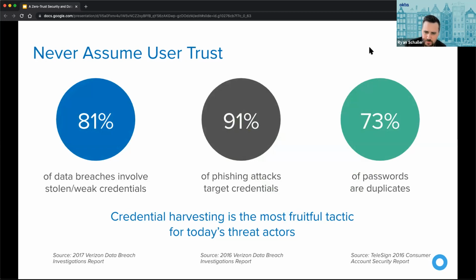Unfortunately, we look at the breaches and the issues that we've had in the security industry as a whole, and about 81% of them have been faulted due to stolen or weak credentials. I always make this joke, not joke, but really a fact, every time I give a presentation, because what do most people do? They set their password as fall 2021. I bet there's at least a handful of people on this call that have done that at some point in our lives, because that was just natural. That's what we would do.